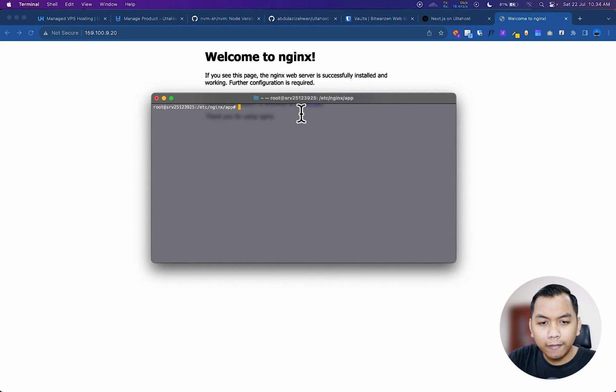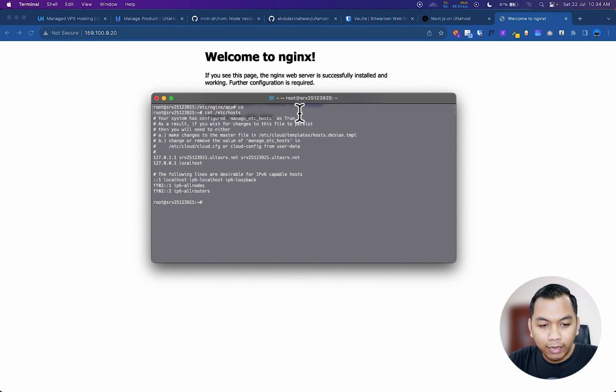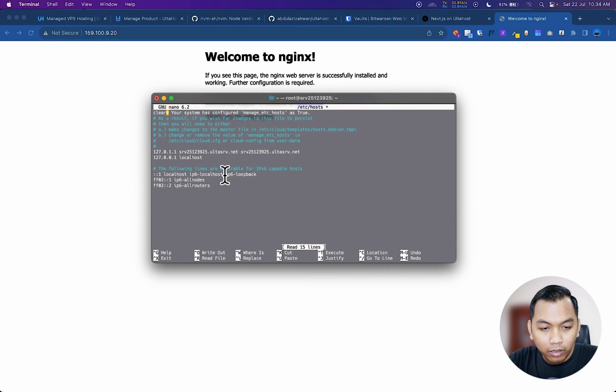Alright, and next, we need to check our virtual host using this, and we will see the IP inside our host. Alright, and we need to edit that file, etc hosts.